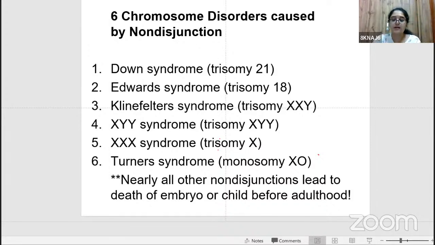Klinefelter syndrome has an incidence of 1 in 500 males, which is very common. There is an extra X chromosome in the male, so 47,XXY. Presence of this extra chromosome results in failure to masculinize, small testes, sterility, behavioral problems, and learning disability. All of this is seen. Again, they have given a list with the maternal age and the risk for Down